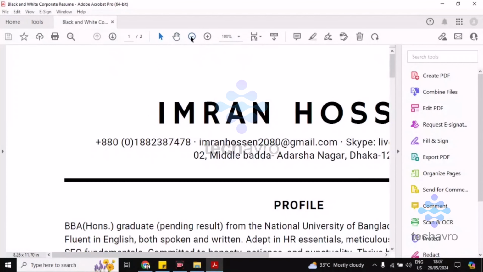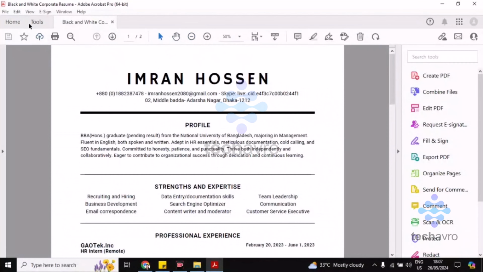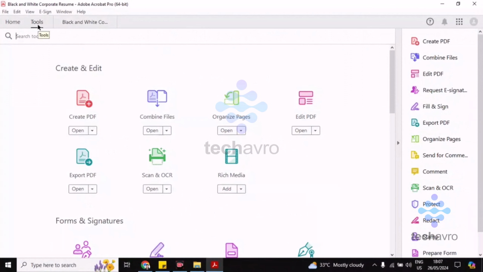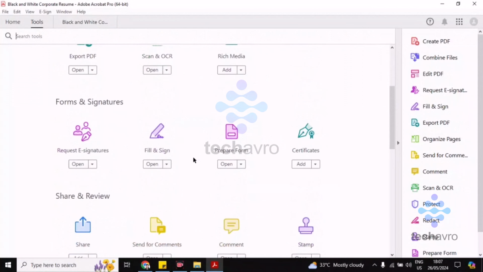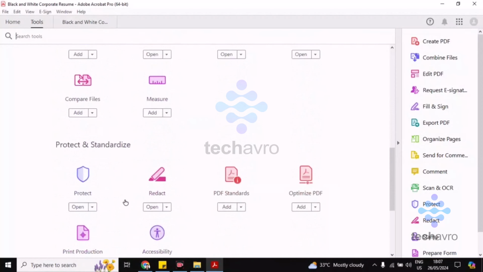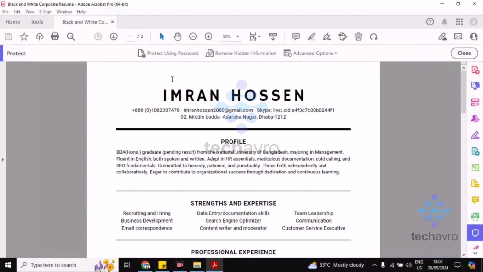Double click on this PDF and you'll find here on top the tools option. Click on this tools. Scroll down and you'll find here the protect option. Click on protect. Now you can see on top protect using password. Just click on this protect using password